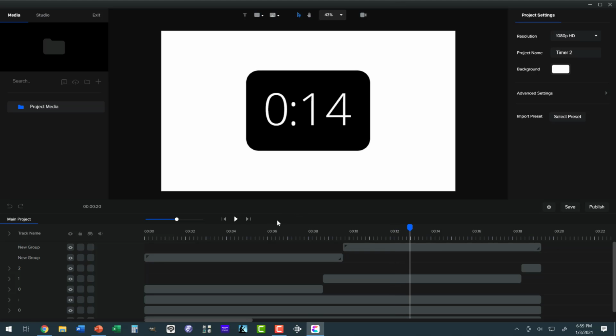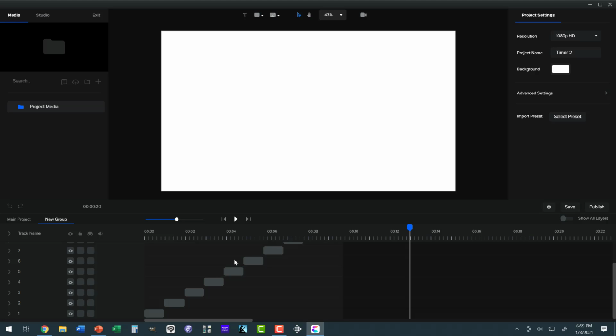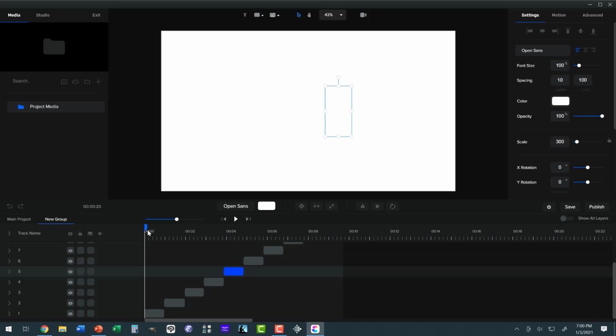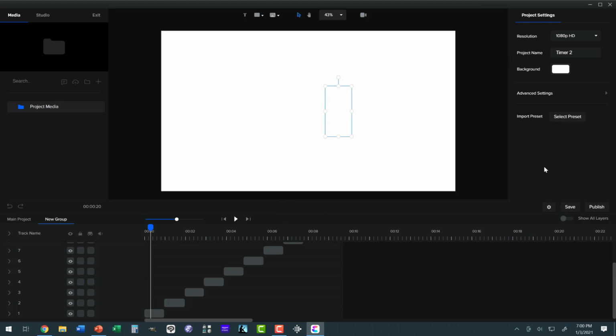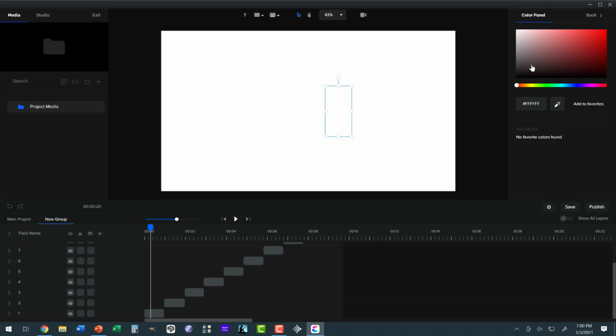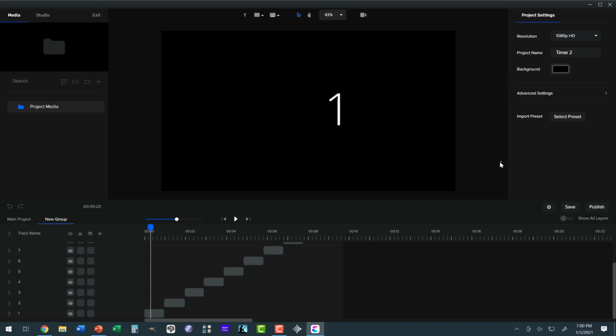Now the way that I originally implemented this, let's take a look. I put the seconds into a group, and if I open it up, you can see this is the way that I implemented it. I have the 1 displaying. Oh, you can't see it because it's white on white. Let's go to the background and turn that black so we can actually see this. There we go. So I display the 1 for 1 second, and then I display a 2 in the same position for 1 second, and I go to the 3, the 4, the 5, and I bundle that all into